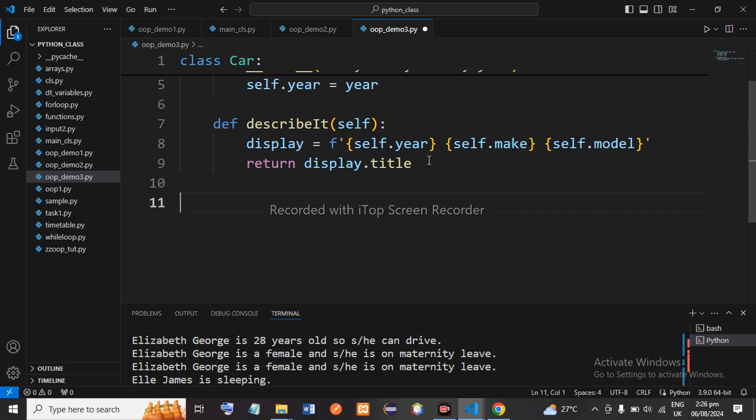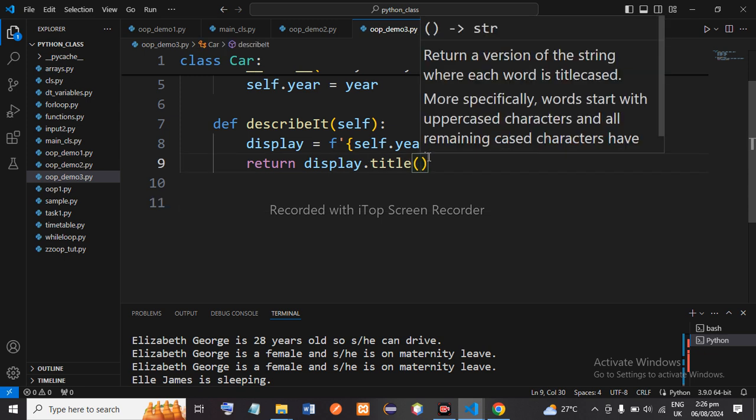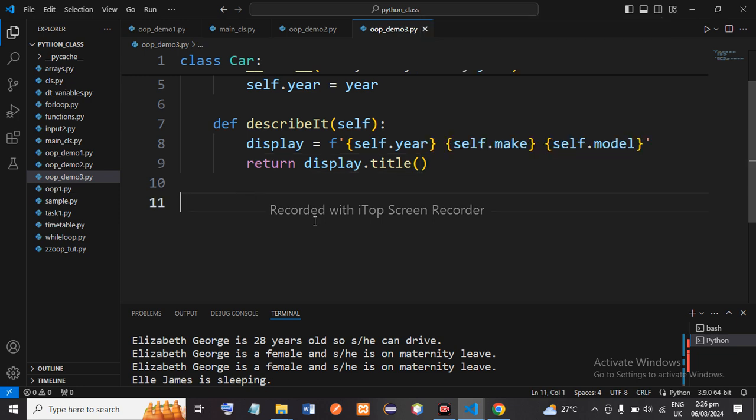So outside of this function now, you want to display with title. All right. So outside of this function now, we should be able to call our new class. Maybe